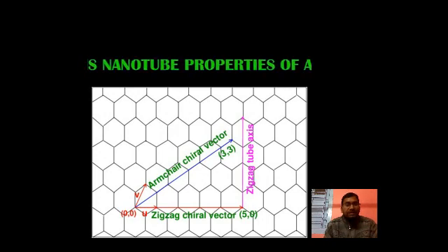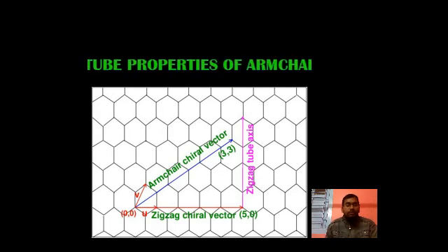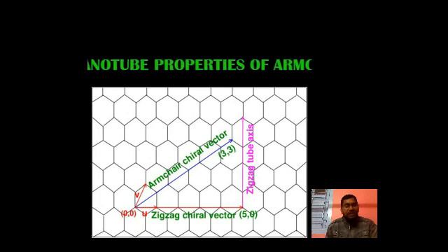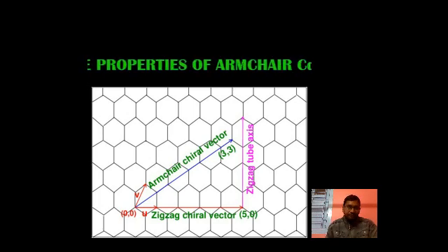Today I will discuss how to construct a nanotube and the properties of armchair type cadmium sulfide nanotubes. A nanotube, or any type of nanotube like carbon nanotubes, can be constructed by rolling a two-dimensional sheet. Now U and V are the basis vectors of this two-dimensional sheet, and